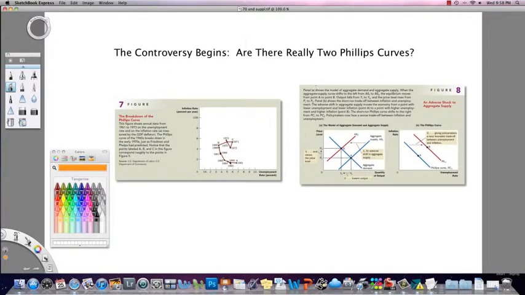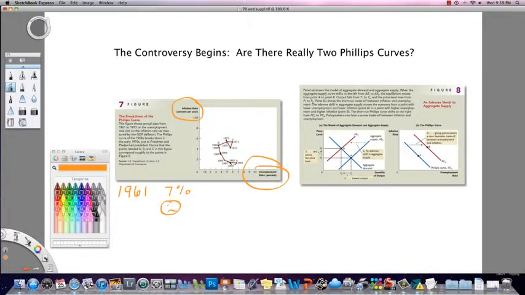In this episode of Doing Economics, we will be continuing our study of the relationship between inflation and unemployment. In episode 1, we learned that in the 1960s, there was a trade-off between inflation and unemployment. For example, we learned that in 1961, the unemployment rate was 7%, which of course is not good,